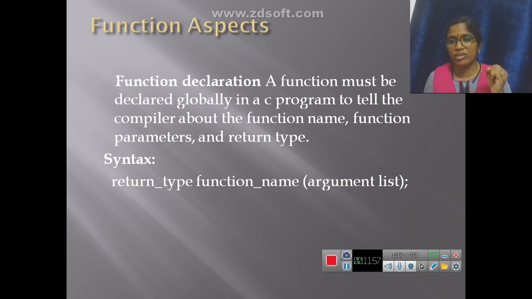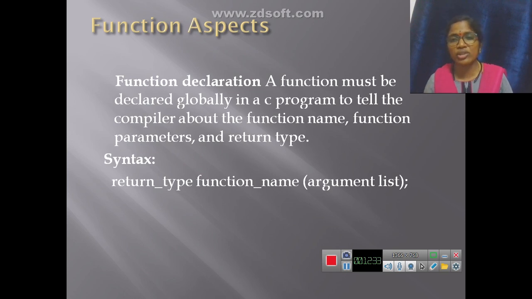So in declaration, as the name indicates, declaration means you are declaring it to the compiler that I am going to use it in my program. So this is also called function prototype. It indicates to the compiler that I am going to use this in my program. An example of what he has explained here.